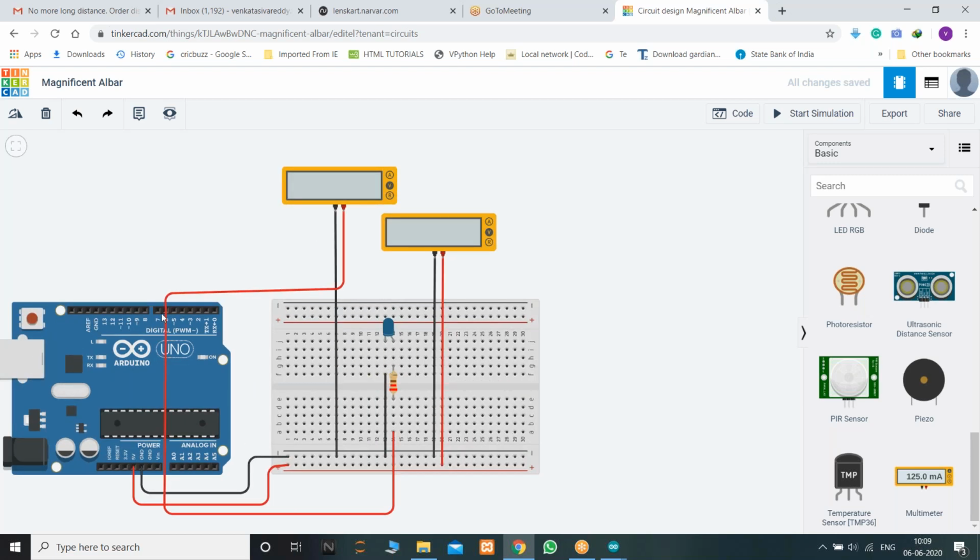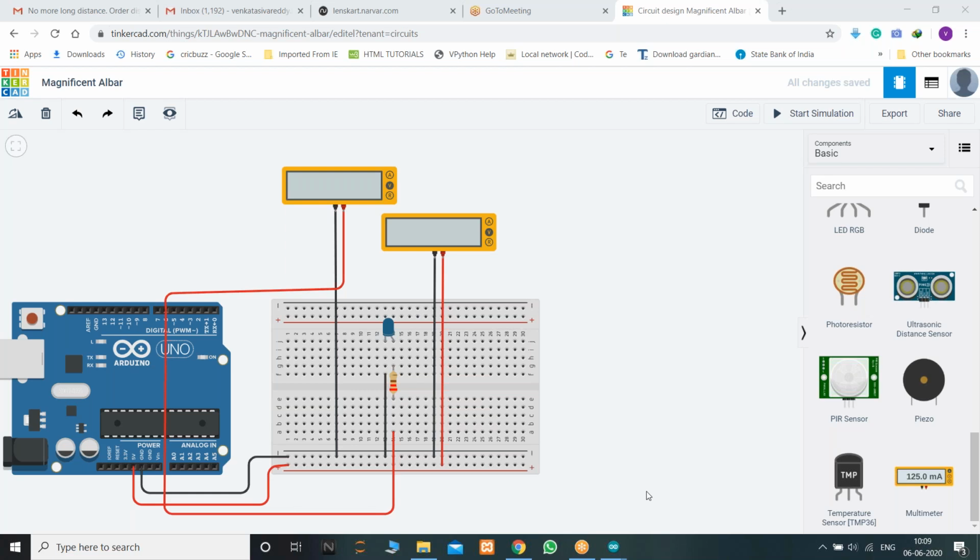I connected this LED to digital 6. Are the connections clear, sir?